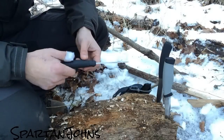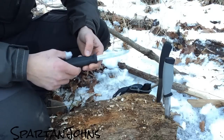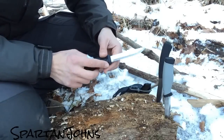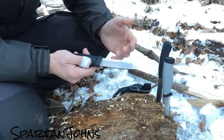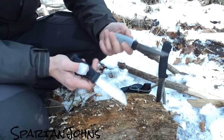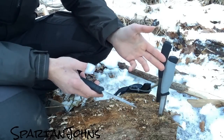Hey guys, for the last 2.5 hours I've been running around here trying to find dry wood and cutting it with my Mora Garberg. I saw a video on YouTube, I don't remember who it was, and that person said that they compared the robust with the Garberg in cutting wood, and they said they didn't feel any difference. I knew that's not true because the robust has